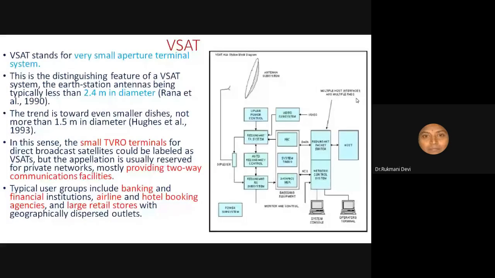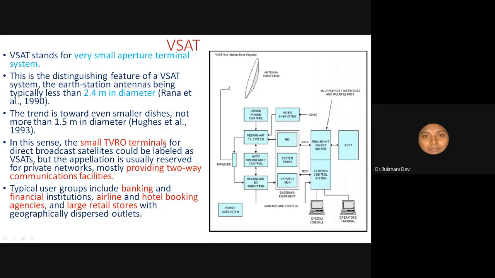So this is the distinguishing feature of VSAT system: the earth station antennas are typically less than 2.4 meters in diameter. The trend in VSAT systems is toward even smaller dishes, not more than 1.5 meters in diameter. So the diameter of the VSAT, very small aperture terminal system. In this sense, the small